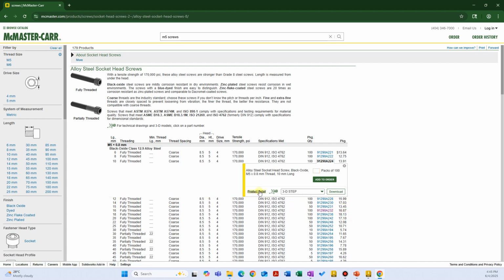So let's just say that I am creating an assembly and I want to use this screw, but I don't want to design this from scratch. So I can come here and select 3D step from the drop-down menu here, and I can select download. And now this step file will be downloaded to my downloads folder. So now I can